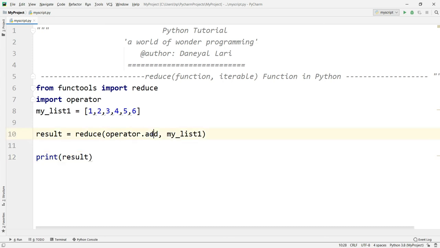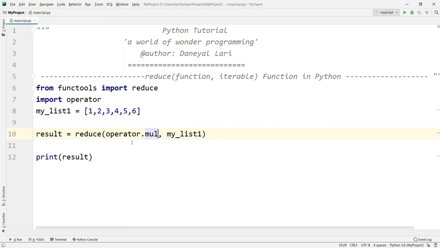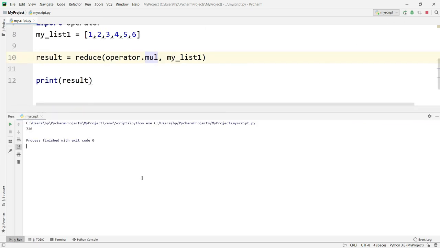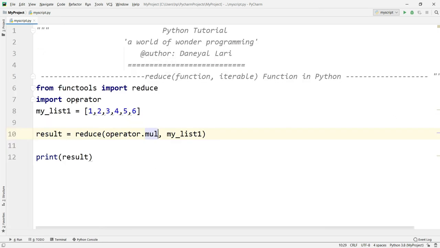In fact, if you want to apply the multiplication, you can use mul. That is the multiplication. As you can see here, we can perform the multiplication also on the list. So if you want to use functools reduce with the operator, you can use it like this. Just do the practice, it will be more clear.